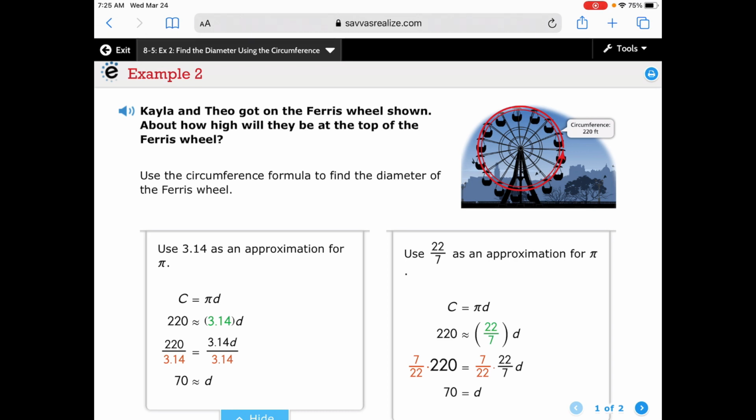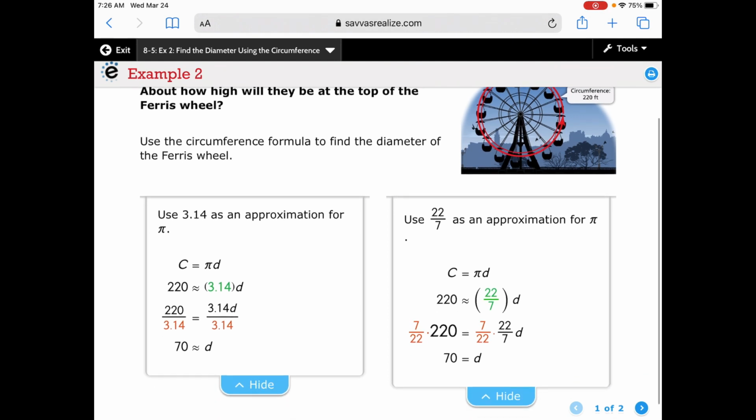Same thing here. Here they're using pi is 22 over 7. You may see that sometimes it still works out to be a decimal of 3.14. All right, so keep that in mind that there's two ways to do it. Most likely we'll do the one